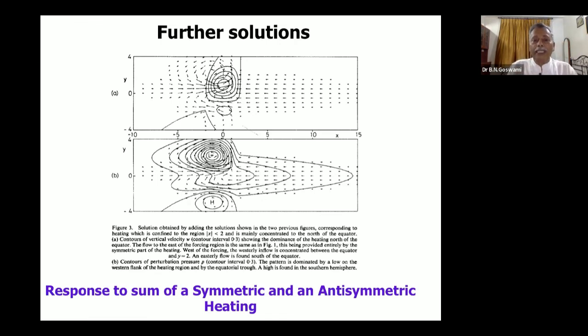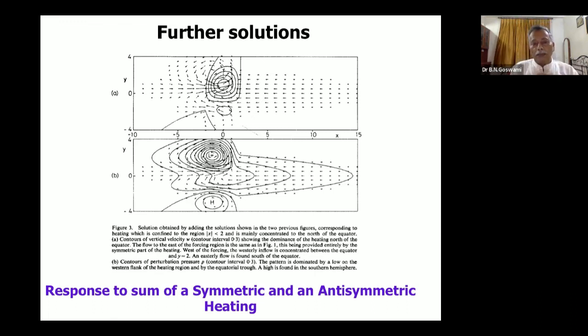But the fundamental wind structure associated with the monsoon can be explained very much from this kind of a very simple response of the atmosphere to heating associated with